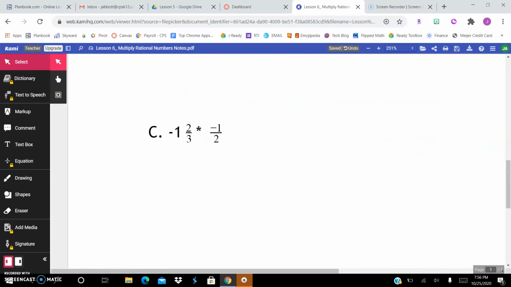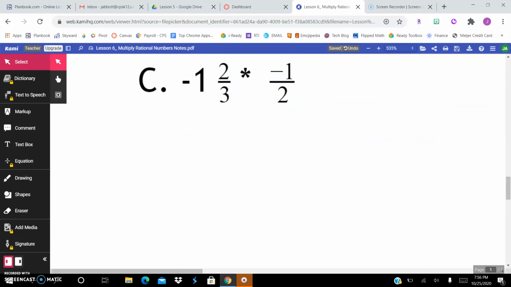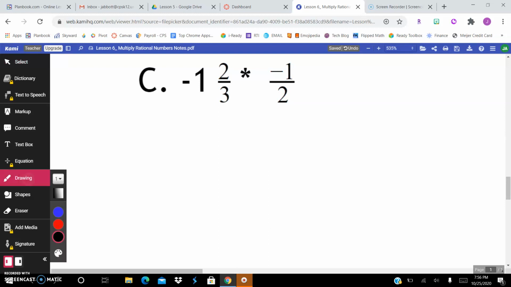All right, for part C, we have negative 1 2/3 times negative 1/2. So in order to multiply this, I need to make that negative 1 2/3 into an improper fraction. So we start at the denominator and we go to the left and we're going to multiply. So 3 times negative 1 is negative 3. And then we're going to go around and add the numerator. So negative 3 plus 2 is going to give us 5. So negative 5 over 3